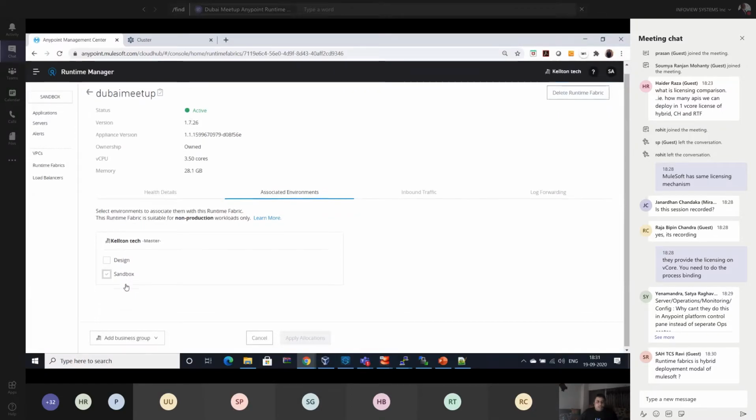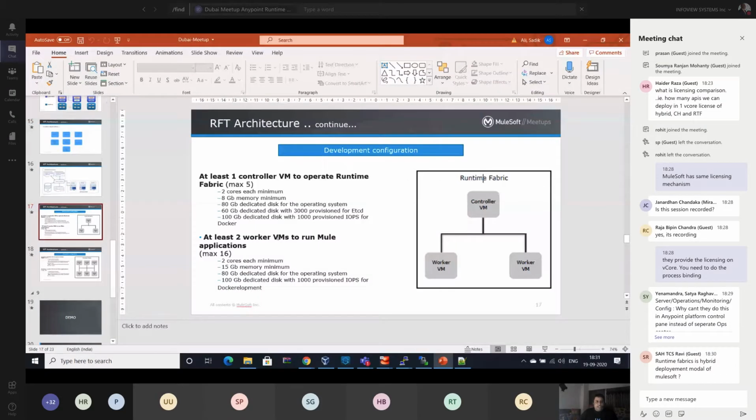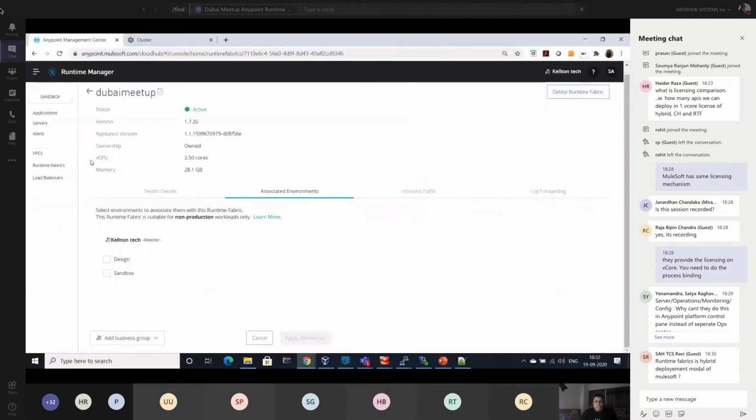The point here is, as we recommended in the presentation, that you need at least three nodes, one controller and two workers, to associate with the development environment. This is sandbox, my development environment.